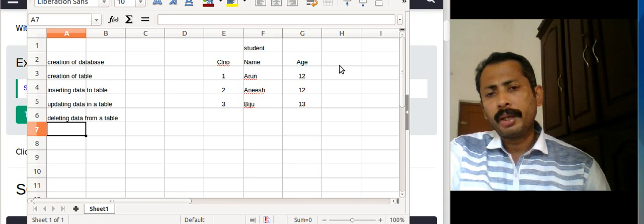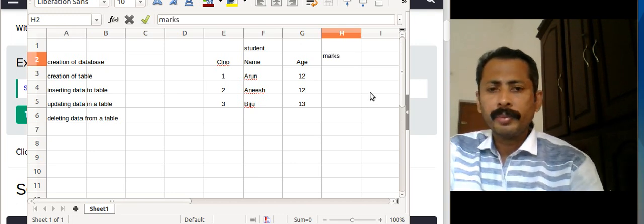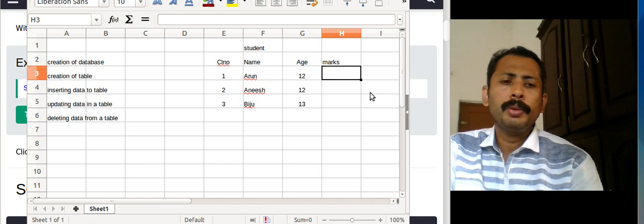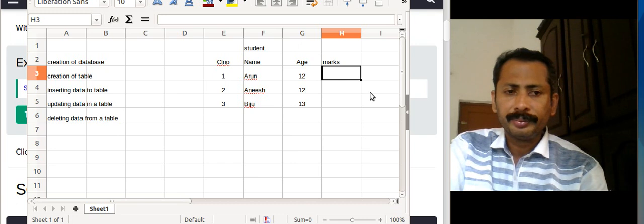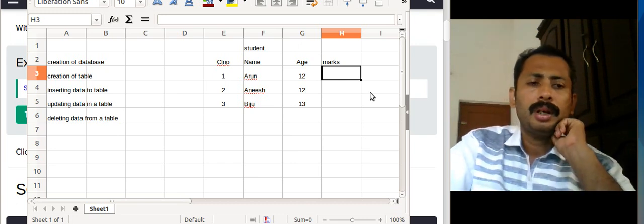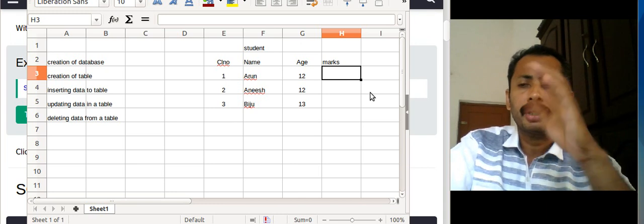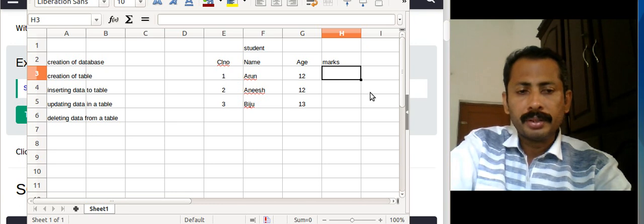Also I can give some table as marks also. Okay, so I will be using these four fields for our examples for these different steps or different operations.